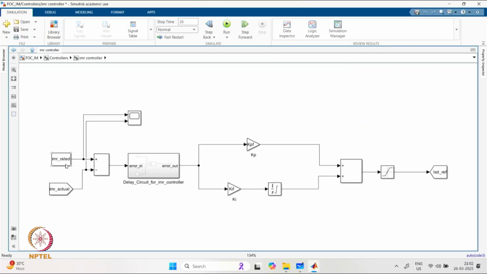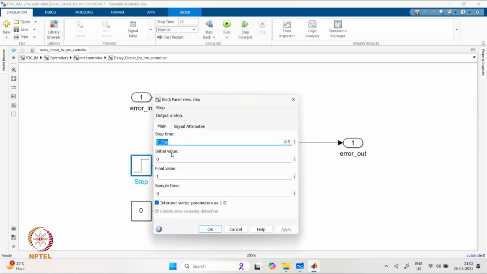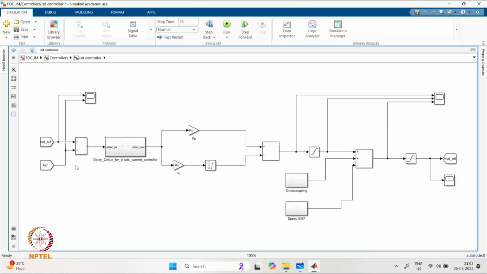The IMR reference computed for the machine is basically given as a constant over here. The value is somewhere around 170, and we have the actual IMR computed from the ISD, which is fed to this, and a small time delay, say somewhere around 0.5 second, is taken, and then we are feeding it to the flux controller, which is generating the reference for D-axis current. Now this D-axis current reference and ISD are compared over here and then fed to the controller, which is eventually generating the reference for the D-axis voltage after the addition of the appropriate cross coupling or